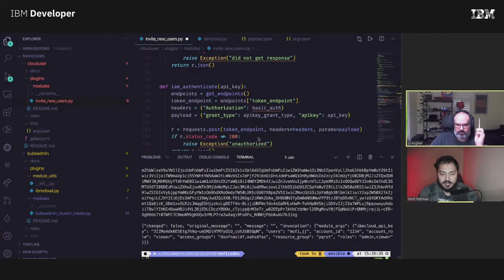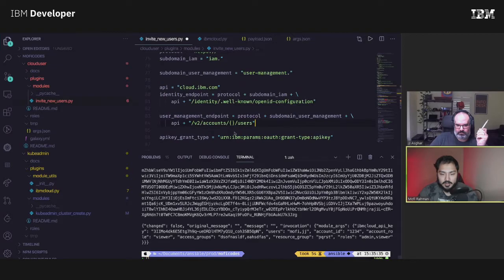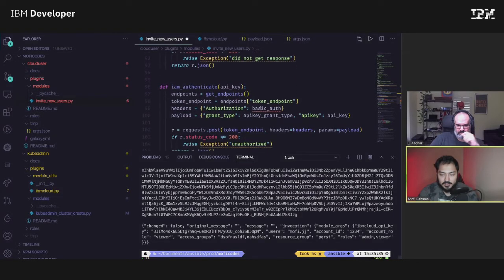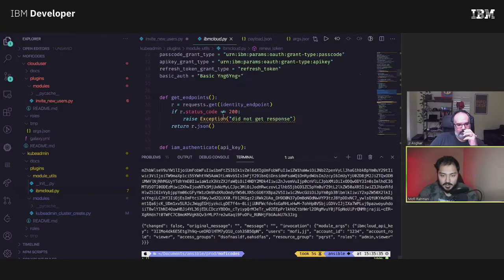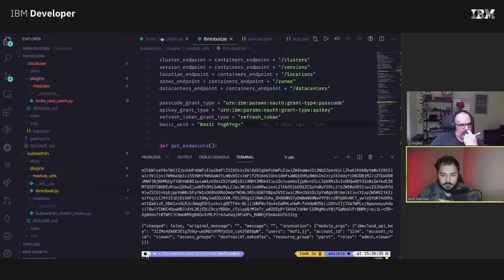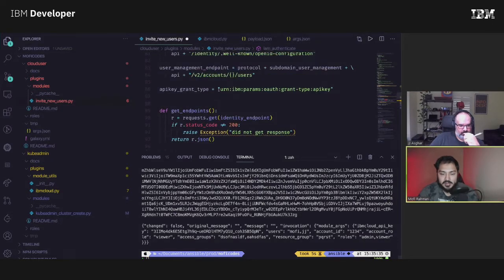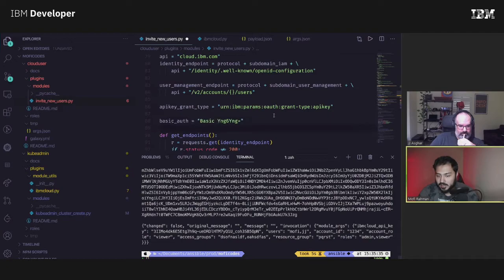Oh, I need the basic auth still. Oh, do I need the basic? Oh yeah, I do need the basic auth. Wow, I shouldn't have deleted that then, huh? You know what? It's easy. I can just copy it back from here. Aha. So the reason I need the basic auth is that the first time I log in with the API key, the header